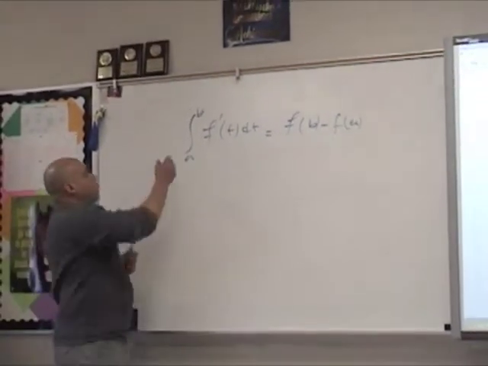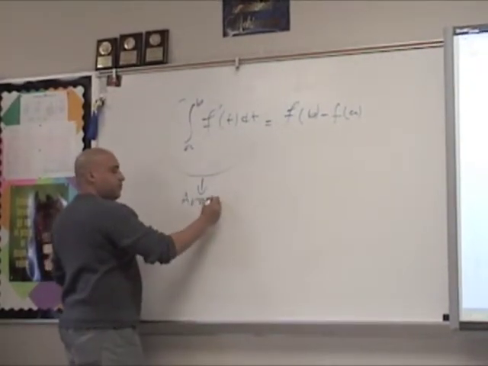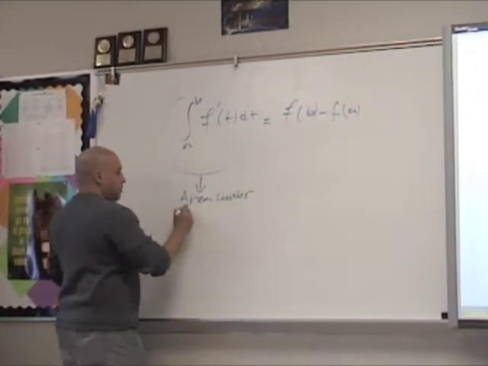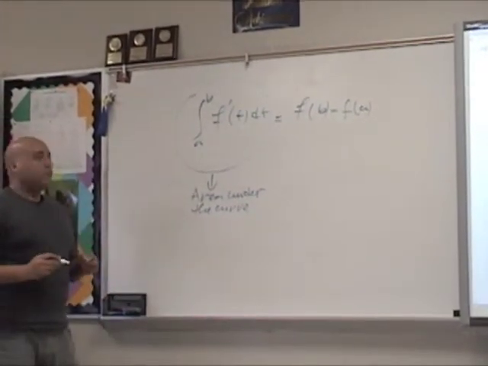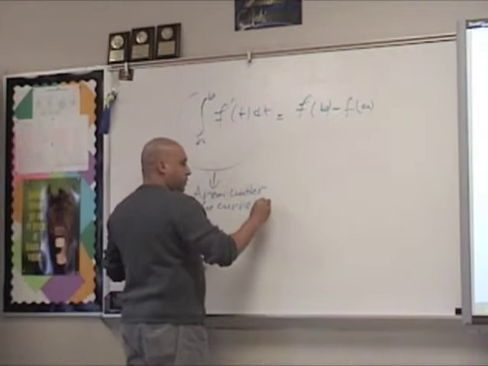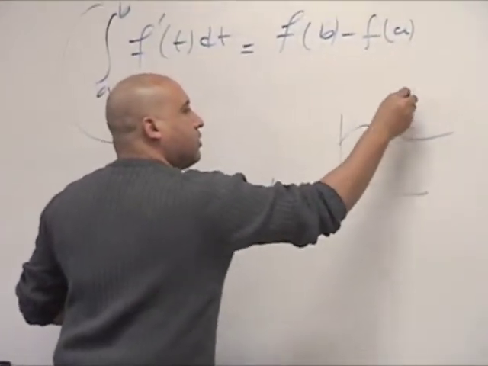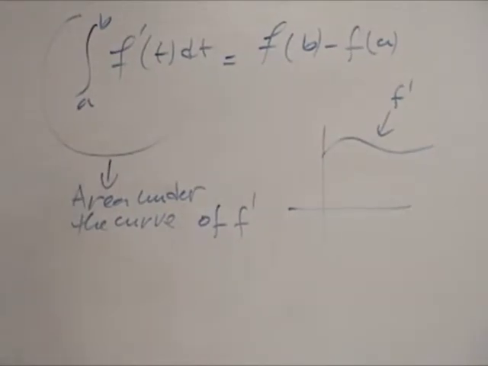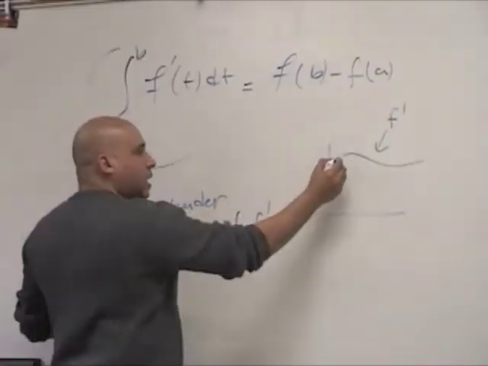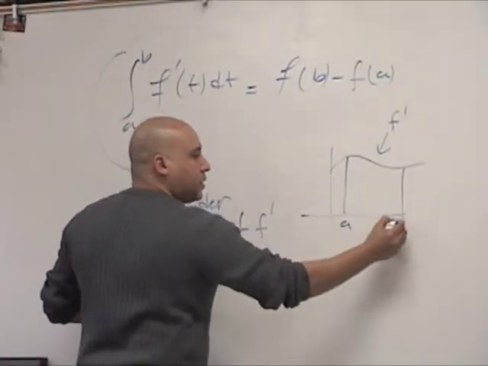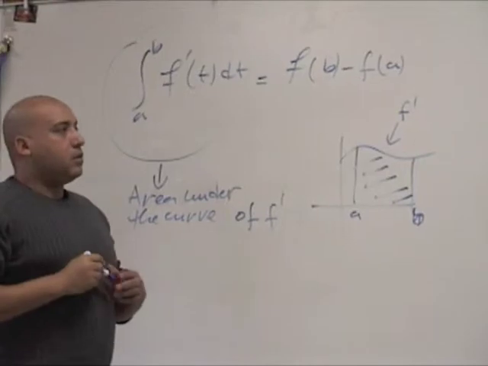It is also the area under the curve of the function f prime. For example, if this is the curve of f prime, the integral from a to b of f prime of t dt is the area calculated from a to b. So as an example,